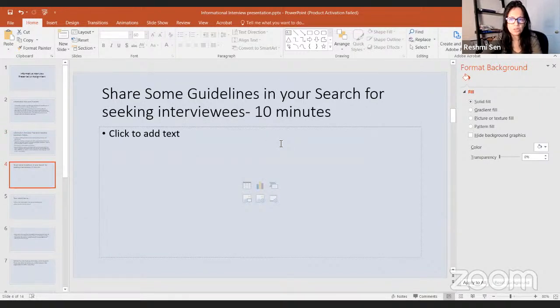The first thing that you need to discuss in your presentation on Tuesday is something that we did in class. But you need to take your time now and work on it and edit it. We already talked about this in class. Some of the guidelines in your search: what are the things that you will ask yourself, and what are the things or principles that will guide you when you're searching for good interviewees? What kind of guidelines, or what are the things you will be looking for in your search for a good interviewee? So I would like you to